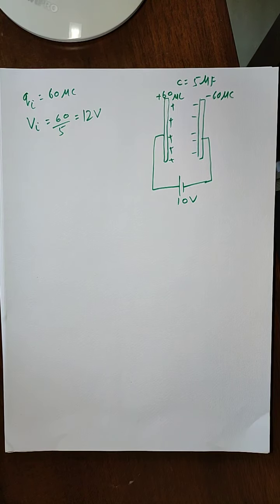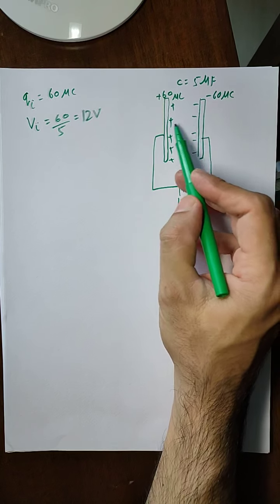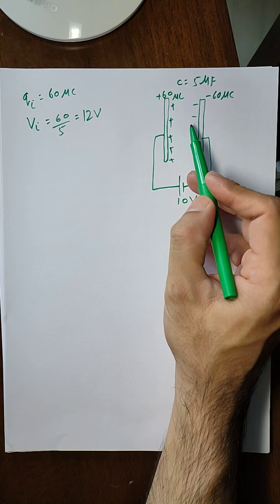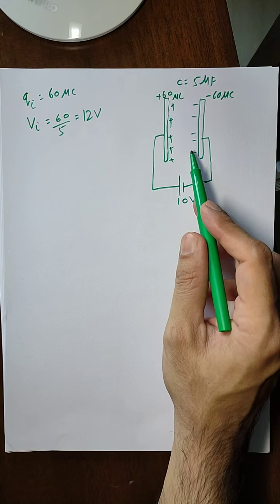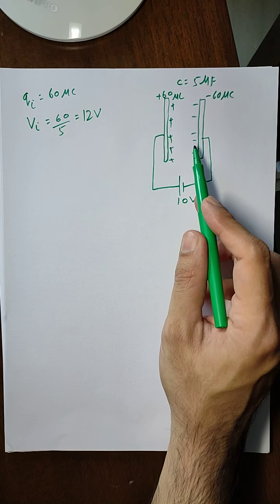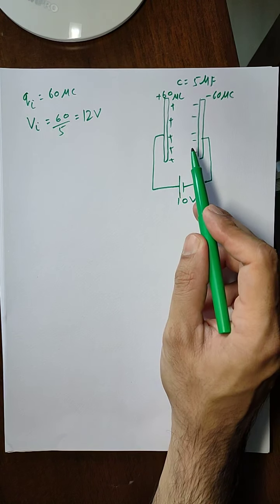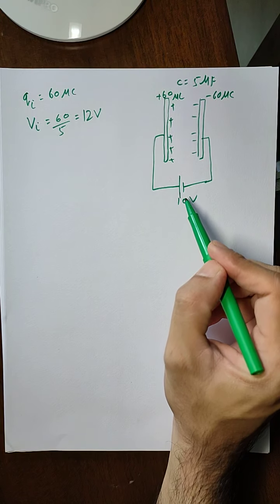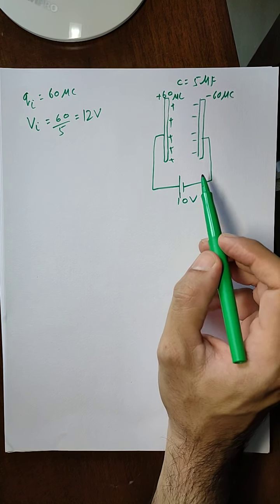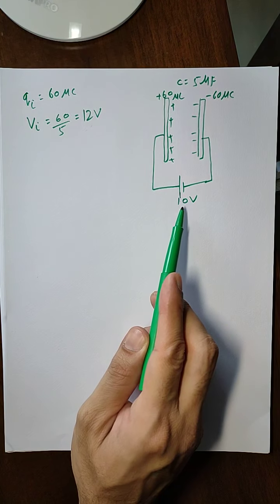Now what happens in this situation? So this is the important part of the question. So the initial potential difference between the plate is 12 volt, and when connected to the battery, the potential difference in steady state will be equal to 10 volt, because we know when the battery is connected, the system will achieve a steady state in which the potential difference between the plates will be equal to the potential difference of the battery. So that means we have to reduce the 12 volt potential difference to 10 volt.